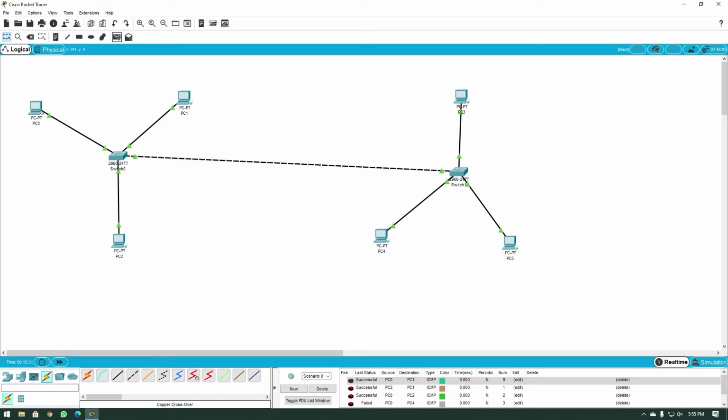Let's do it again. Let's go from this PC to this PC. It failed. The packet was not able to go from this PC to this PC over here using this link between the two switches. So what can be done about this? Now, as you might have guessed, we might have to add a router in the middle. So let's delete this connection